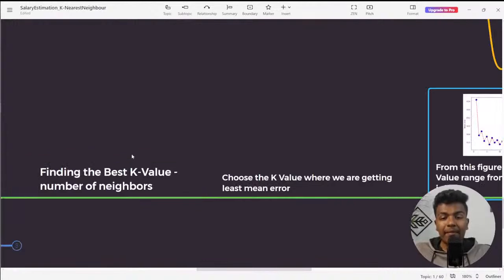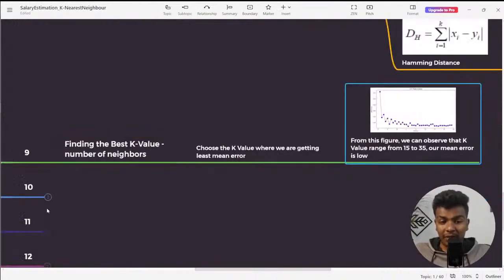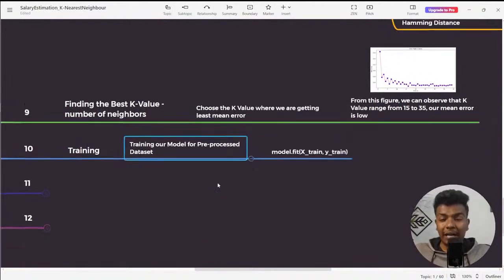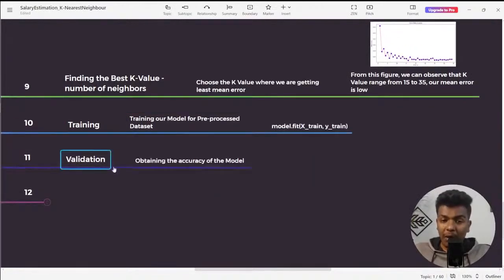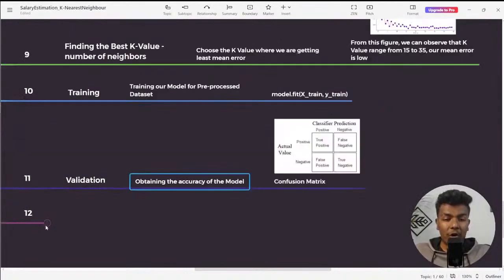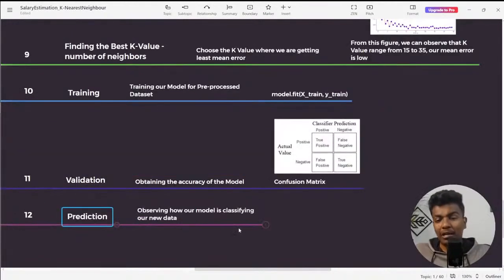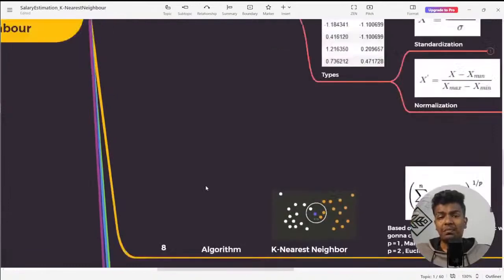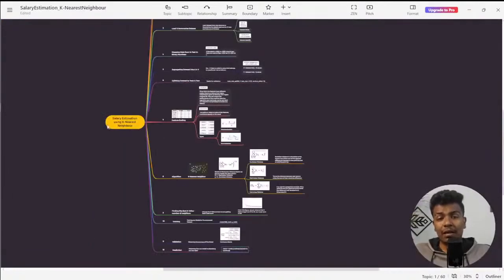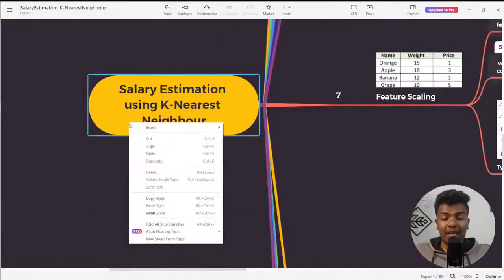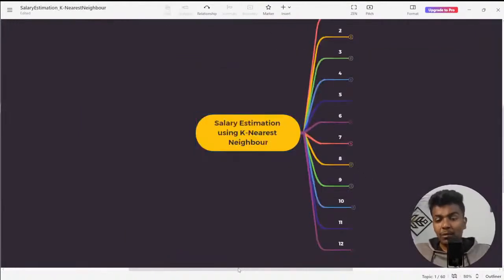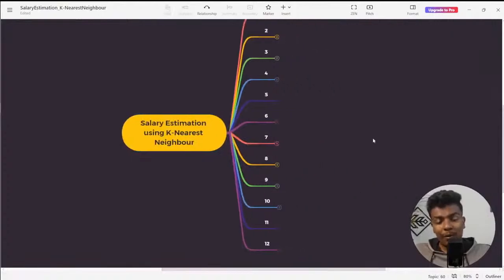For example, if the K value equals 3, that is the value you have chosen. Using the K value we have found, you are going to train your model, and we are going to evaluate the model just like yesterday. Finally, we are going to do the prediction. At prediction time, you give 4 different values as input, and your algorithm will tell you whether that customer, student or employee might have a salary greater than 50,000 or less than or equal to 50,000. That is the whole complete project, and I hope you guys are super ready for the hands-on.